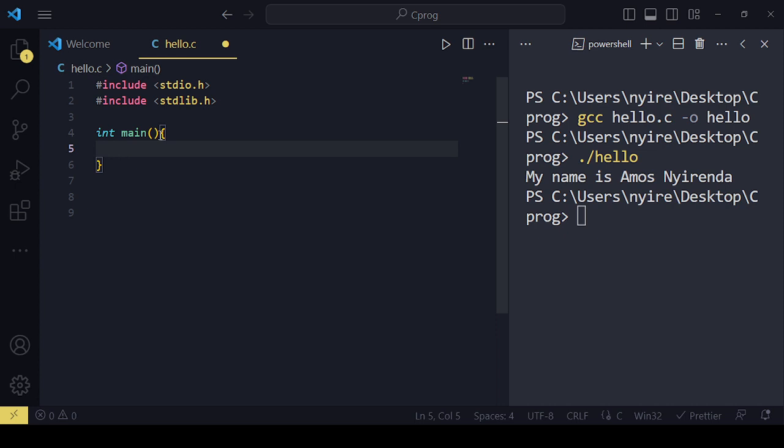So if you want to declare an integer variable, you basically have to specify the data type of the variable. Now C is a statically typed programming language. What that means is that every variable that we declare has to have a type. We need to specify the type of that variable. In other languages like Python, you can get away with this, so you can just say number and 23, and the Python interpreter is going to figure out the data type of the variable based on the value that has been provided to that variable. Now in C, this is wrong. So you basically have to make sure